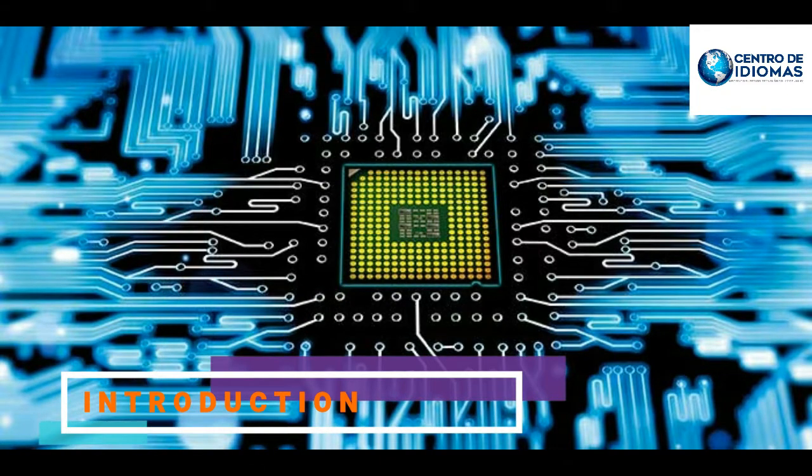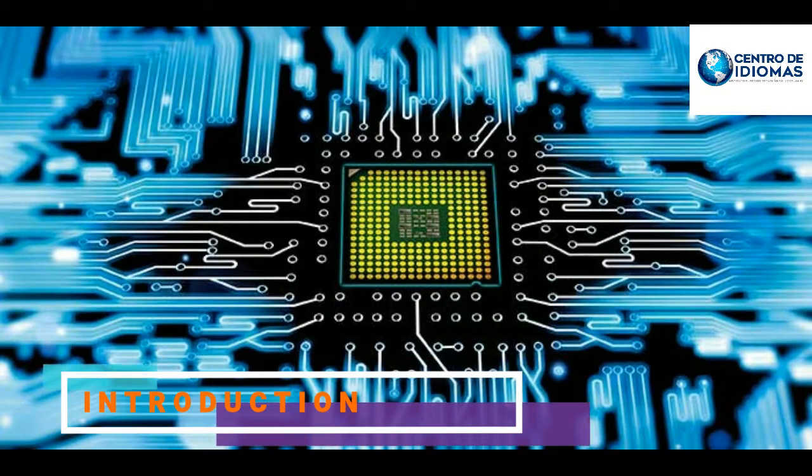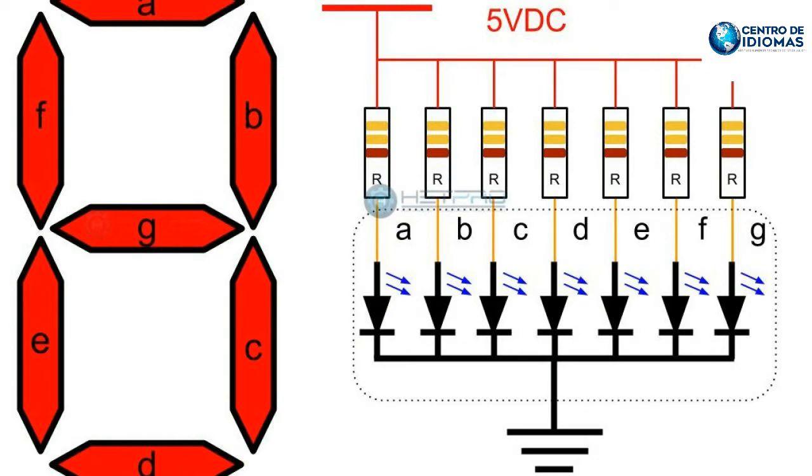A counter from 0 to 9 will be elaborated with Arduino. This project will show how to manipulate a 7-segment display as a counter from 0 to 9 in decimal. The counter will increment by 1 sequentially, and counting is one of the most common practices in the areas of